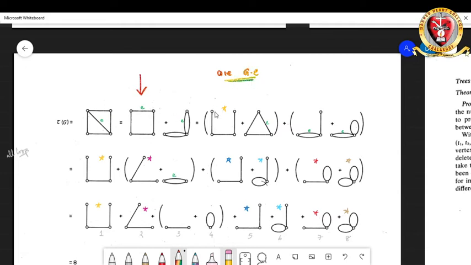Now you think about the second graph. So it is being split like this in the second step. Here suppose this is E, so you're removing this E, so you get the first G minus E as this, and then adjoin this vertex to this vertex